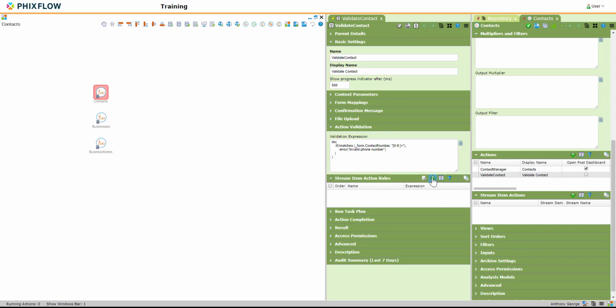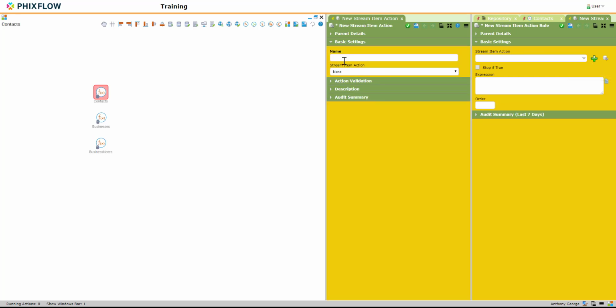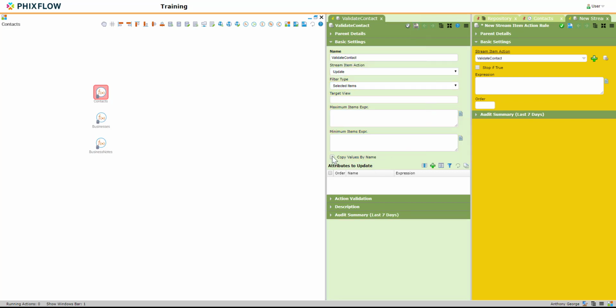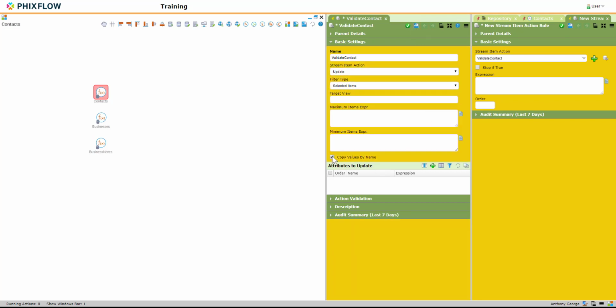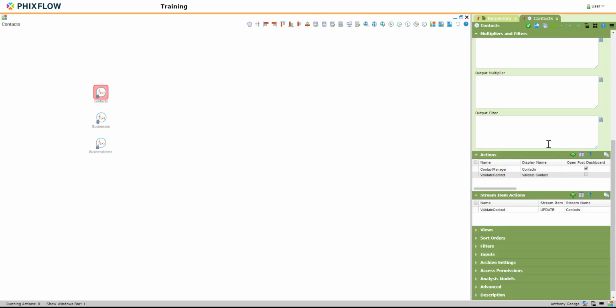We need to add an action. We'll call this Validate Contact. The stream item action will be Update. Now this is important because we'll be adding this action to an existing one. We'll copy the values by name, save all of our changes, and now we can add our action as a custom action to an existing